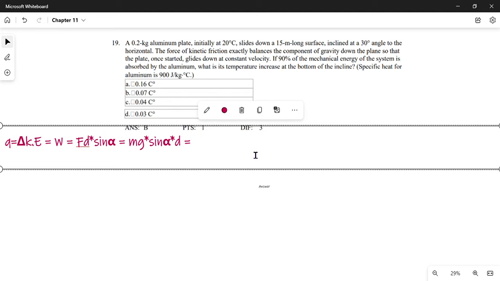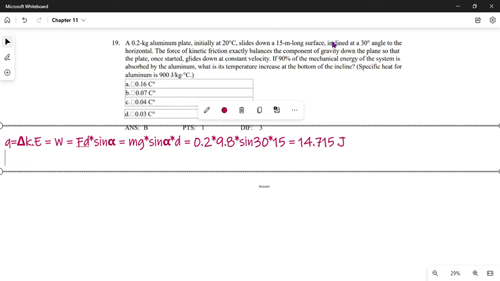The mass here is 0.2 kilograms times the gravity, which is 9.8, times sine 30, which is, I think, half, times displacement, which is 15. All of this equals 14.715 joule. He says in the question, if 90% of the mechanical energy of the system is absorbed by the aluminium,